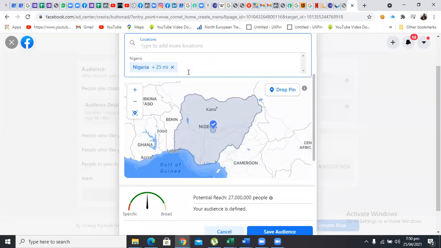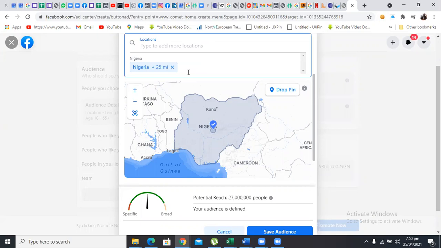If the people that I want to target in this particular ad are not just people in Nigeria, but a specific state, because if I say Nigerians, that means even those in the states that I don't want to see my ad may see it, and it's useless to me.